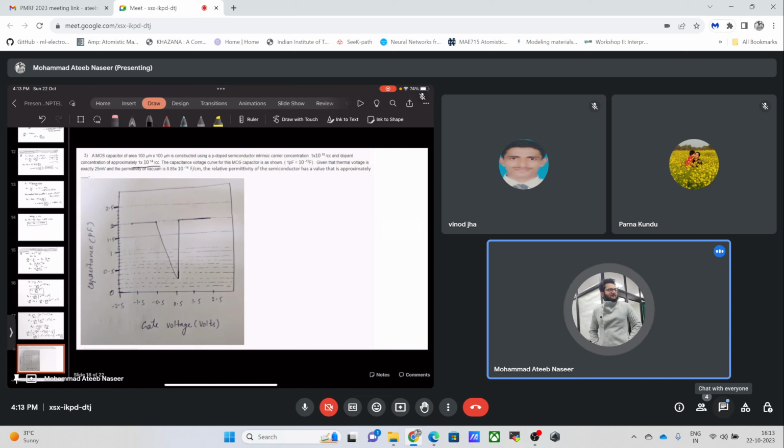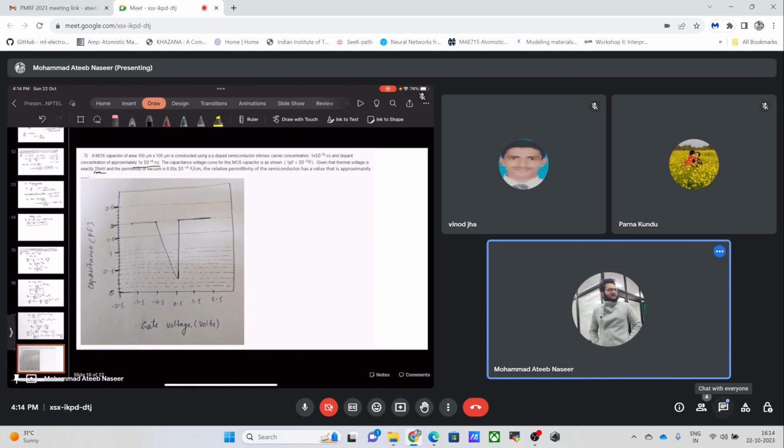The capacitance voltage curve for this MOS capacitor is shown in this, and the thermal voltage is 25 millivolts, and the permittivity of vacuum is this. So we have to find out the permittivity value for the semiconductor. We have to find out the relative permittivity value of the semiconductor that has been used to build this